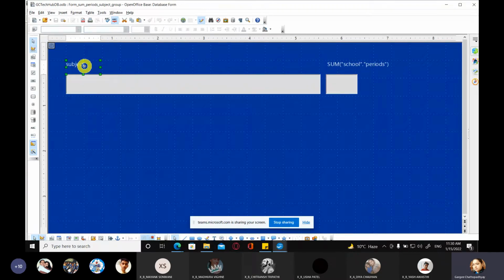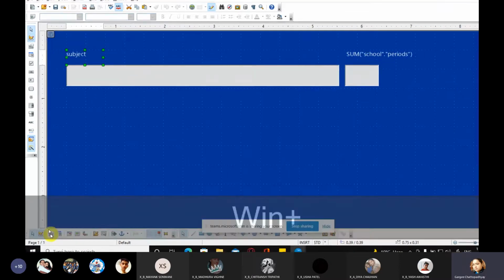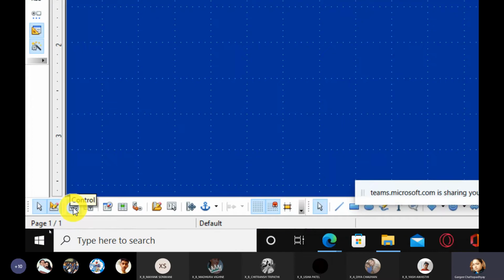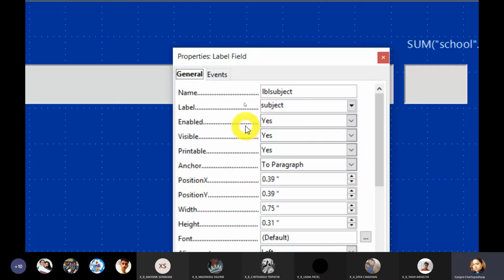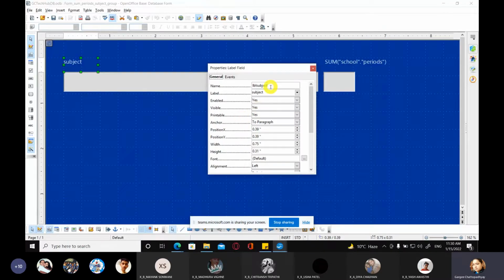So I want to change the content of this label. So I'll magnify this, and to change that you have to scroll down, and on this particular toolbar here you can see the control button. Click on the control button to enable all the properties of this label. So the first thing, label, change the label to subject.